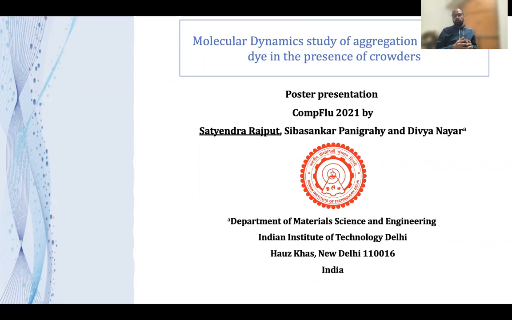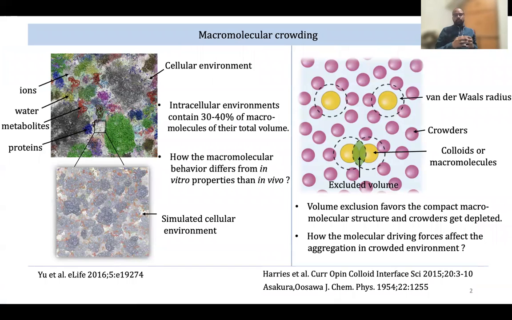I am going to give the poster presentation on molecular dynamic study of aggregation of the cyanine dye in the presence of crowders. The intracellular environment is completely packed with DNA, RNA, ribosomes, and various molecules. Inside the living cell, the macromolecular concentrations are around 25 to 45% of the total cell volume. There is less proof in such a crowded environment of how the proteins keep their original structure